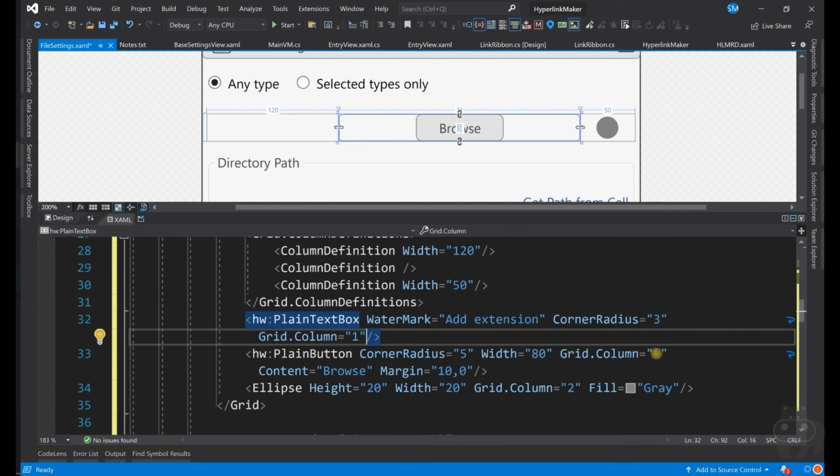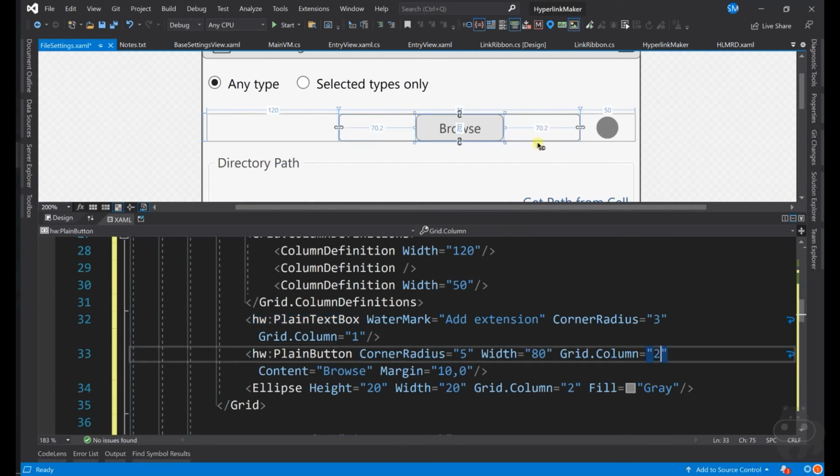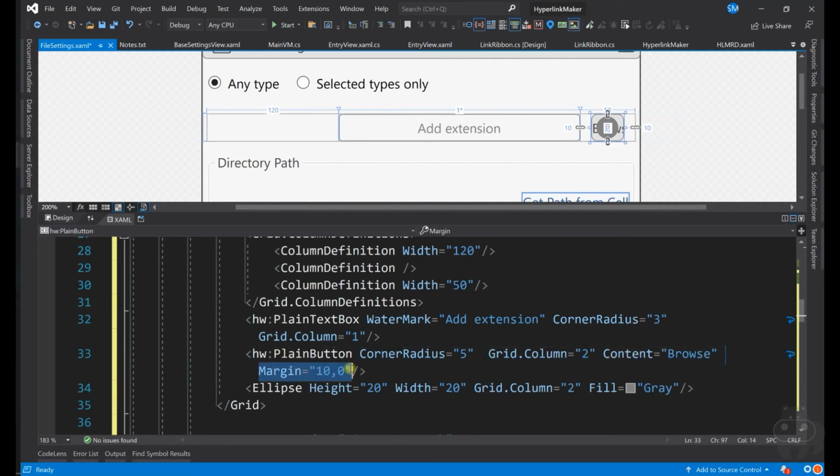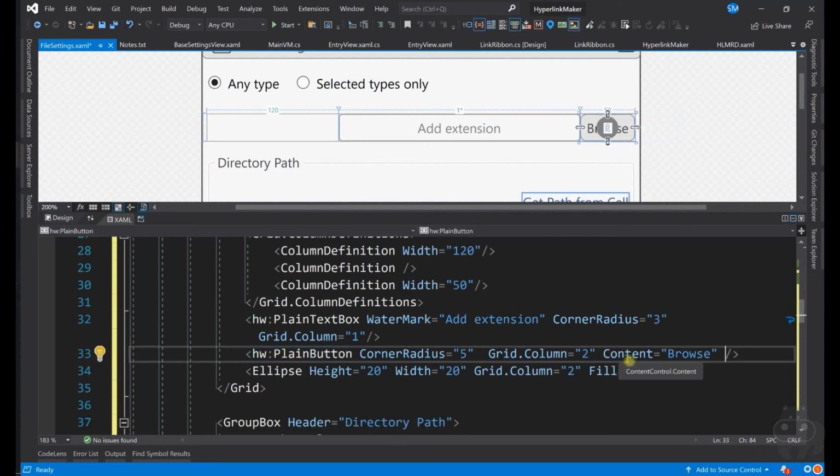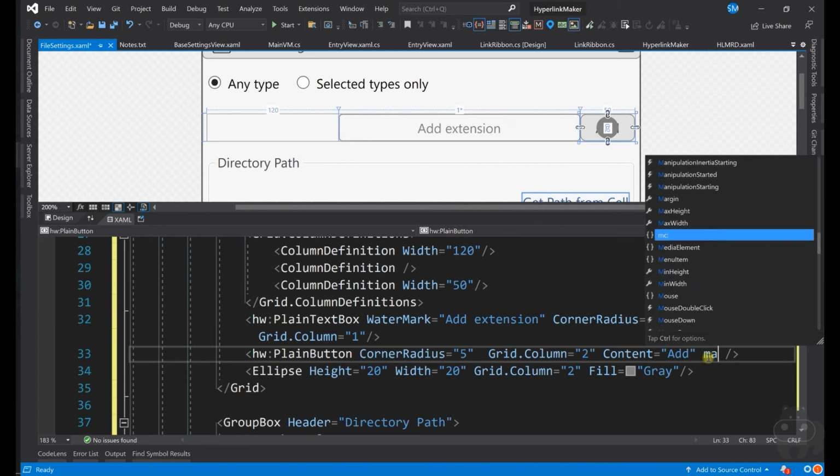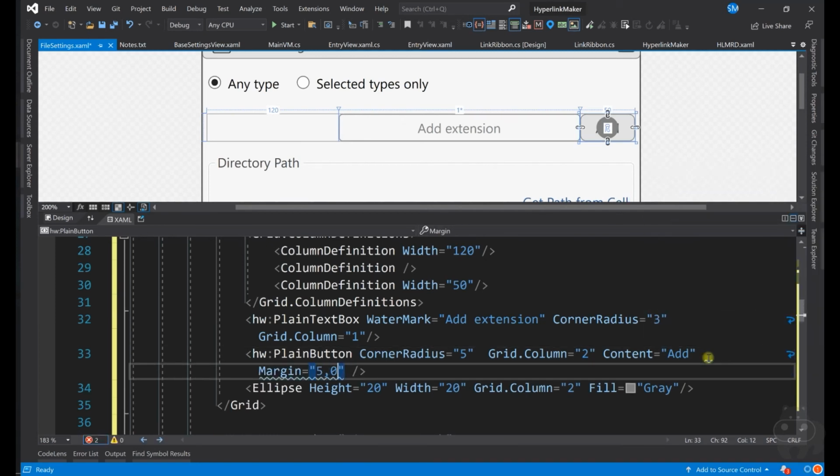So the column will go to 2, and this one I'm going to remove the width so that it occupies the width of whatever is there, and even this margin I will remove, and the content I will say add, and I need a little bit margin to give a gap. So margin is equal to 5 comma 0, so which means that's fine.